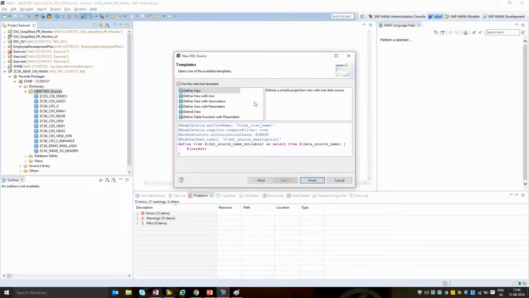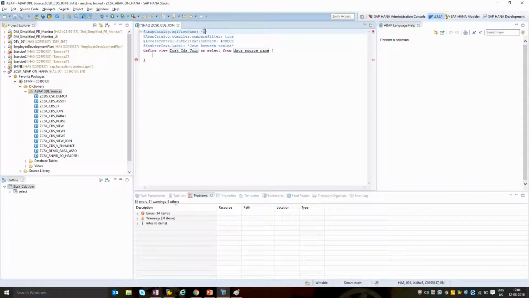So I'm just going to define this as a simple view, and from the base template I'm going to represent my view. Here I'm just going to give it as zcsk underscore join 1. This is the name of the view that I want to create in the ABAP server, and here I'm going to represent the data source. I want to display the content from the sales order header as well as the sales order item table. So I'm going to give this select clause, selecting from snwd underscore so, which is the header table. I'm giving this alias name as header,